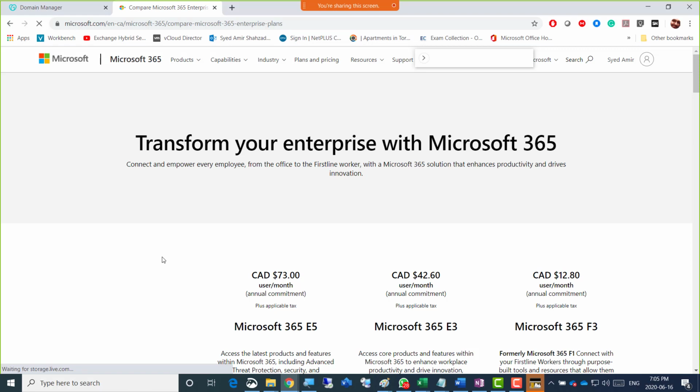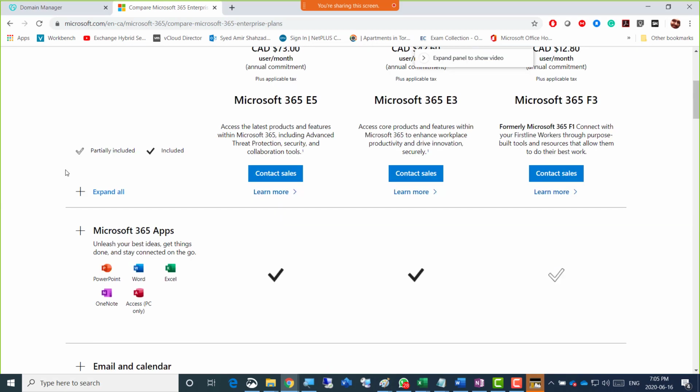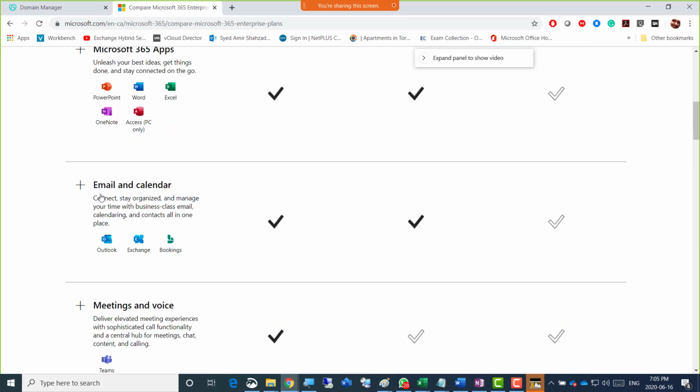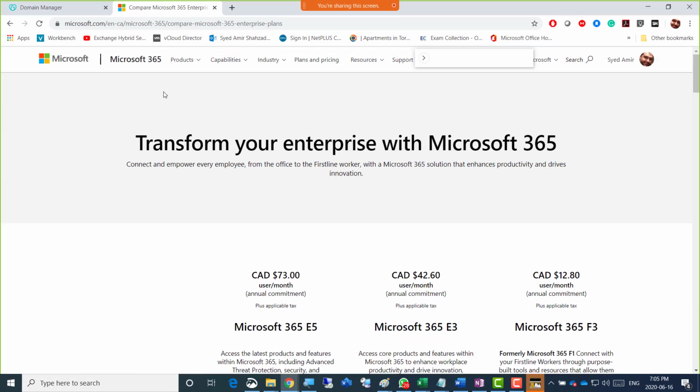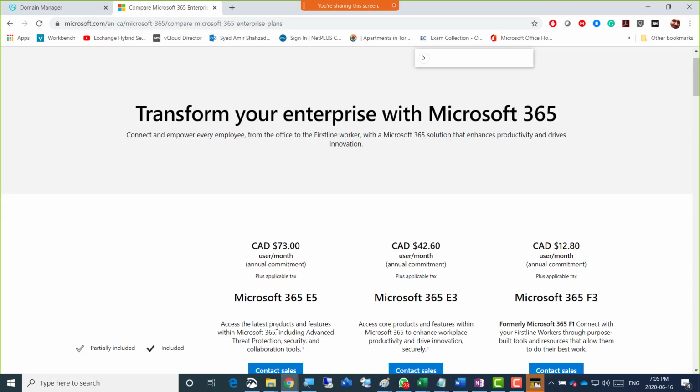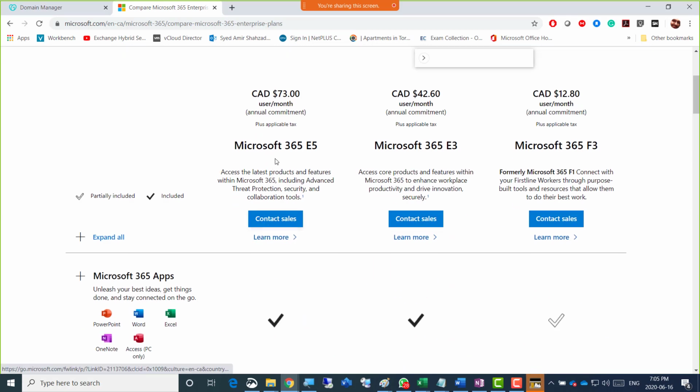Somehow it's not working. And from here, I'll just go for E5 when it opens up again. Did I mention E5? Oh yeah, there's the E5. So I'll just go for this E5 here, this one, right?